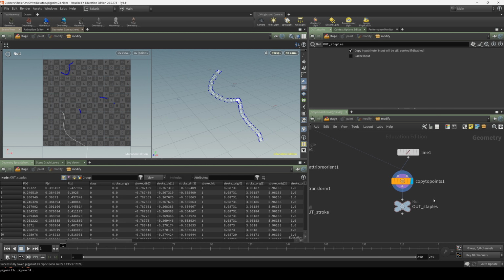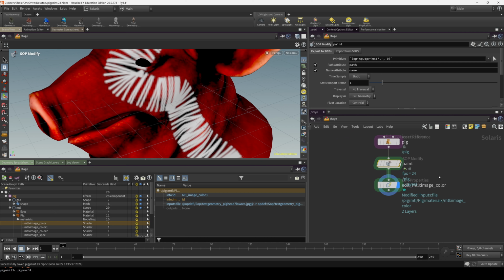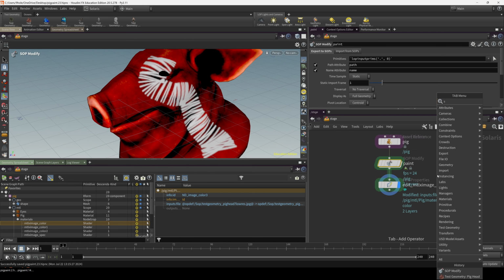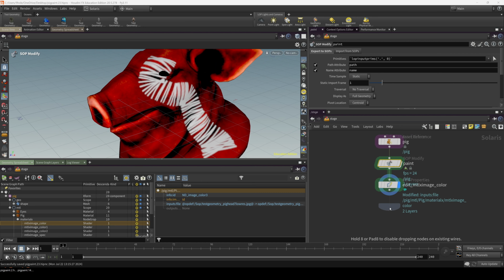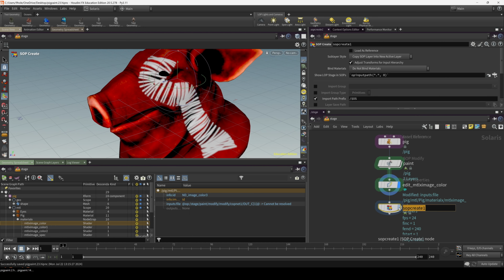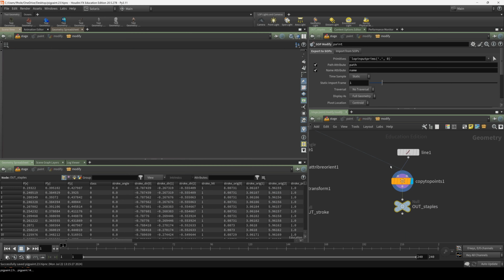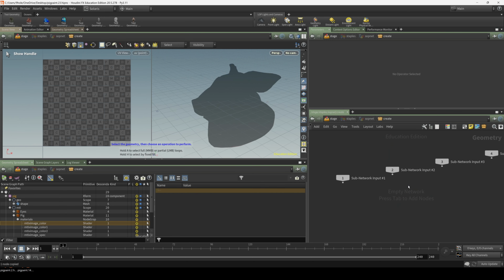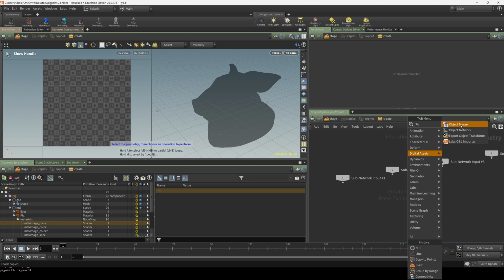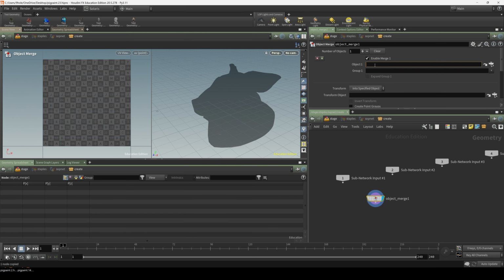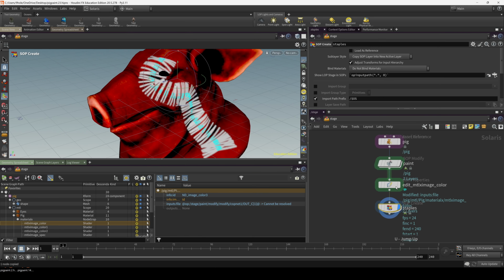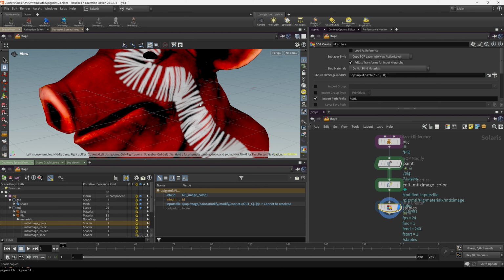And we'll save that and go up a level here. And let's have a look at our staples on top of this. So we'll go sop create here. Just add this down here. Call this staples. And inside of that, we're going to object merge that in. So I'll copy this path, and inside of here, let's just do an object merge, and we'll get that path and into this object. And now when we go up a level here, we have our staples that are a